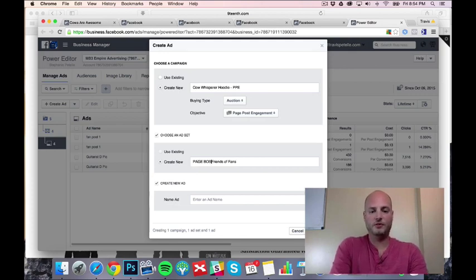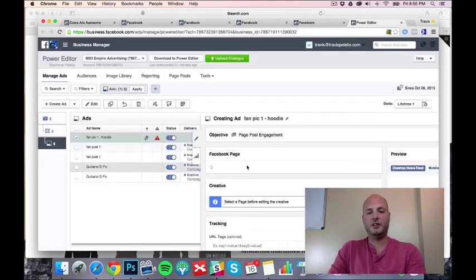Page boost. Good PPE, kind of. When I'm scaling, I like to use all types of ads. And this is, we're starting with the fan pick one. We can always try this out differently later on. It's a hoodie. Just to be clear, so I don't have to